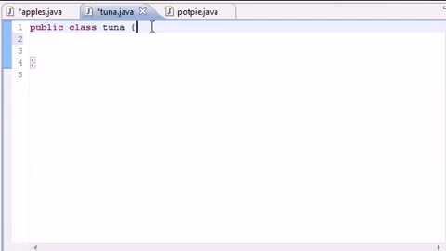They're pretty much kind of like classes, but you're going to use them to declare constants, at least in this tutorial we are. So anytime you want to do this, instead of public class tuna, you put public enum, E-N-U-M, and now you can use this in a specific way. Like I said, the first thing we're going to want to do is declare a bunch of constants of